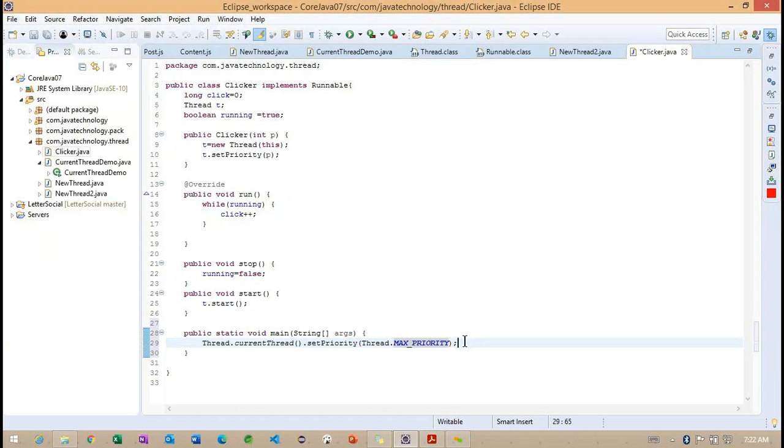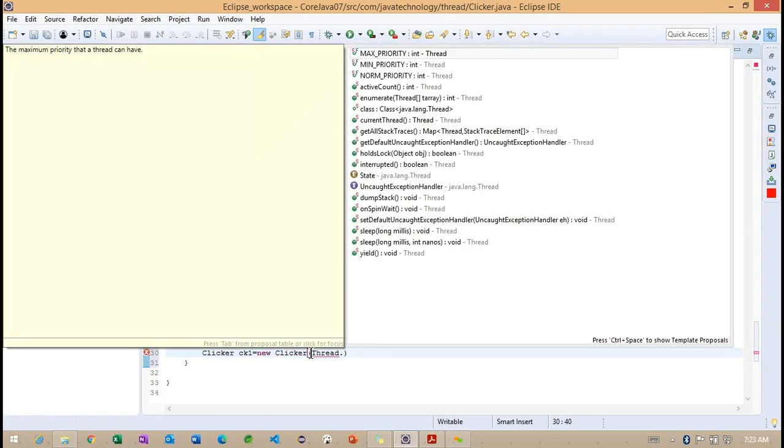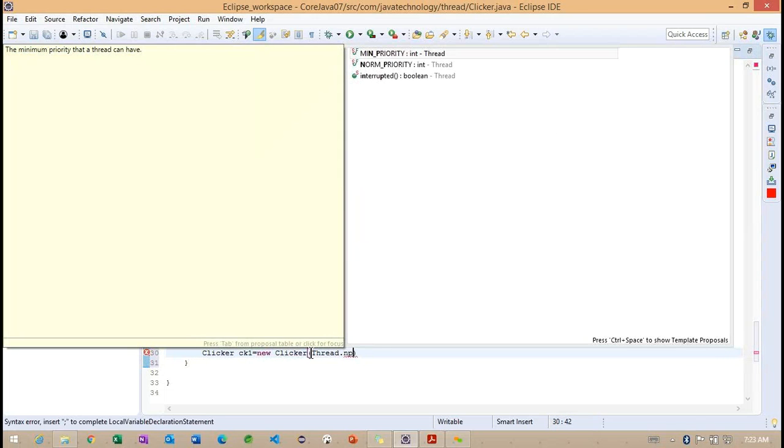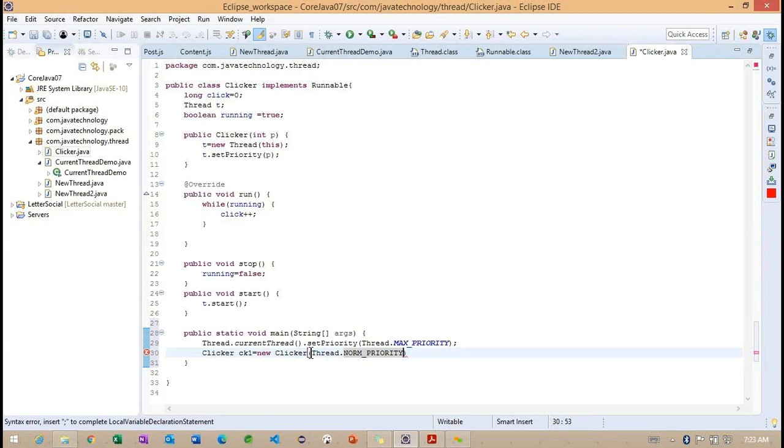So carefully observe here. After this, what am I going to do? I am creating Clicker objects here, and here we need to specify the priority. How am I specifying it? Again I copy Thread.NORM_PRIORITY plus 2.